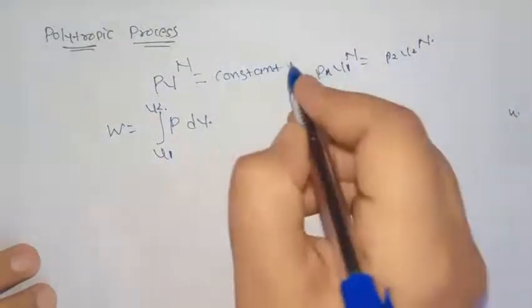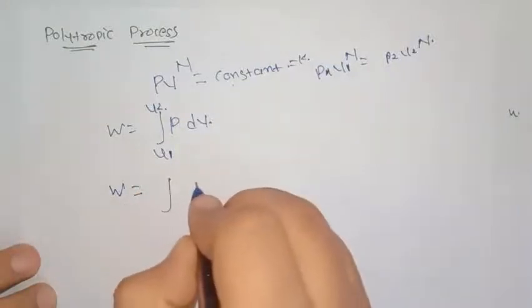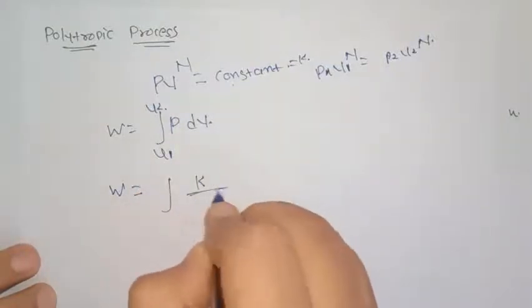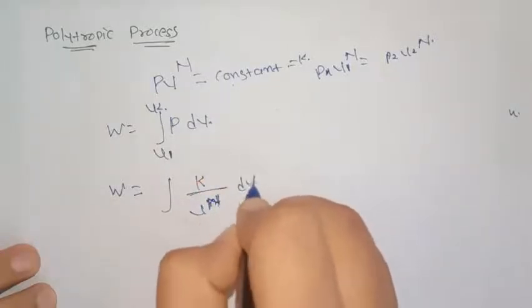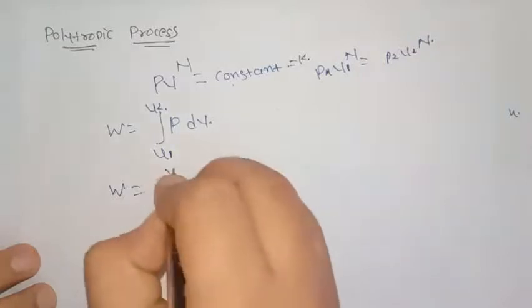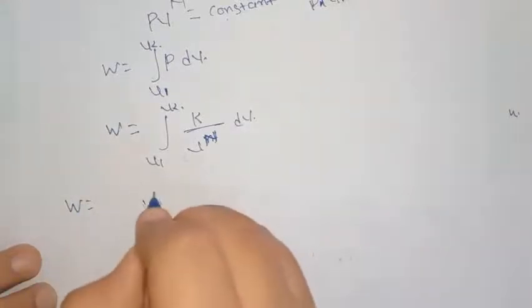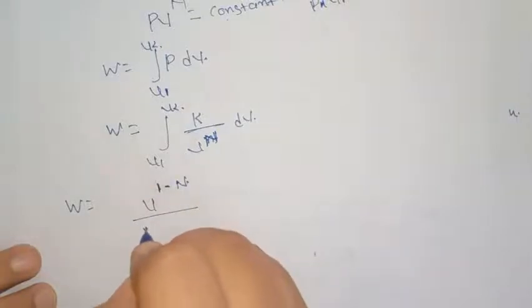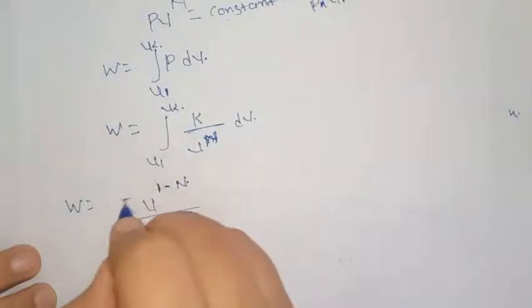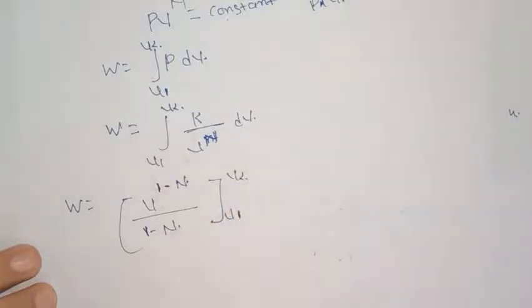Let's say this constant is K. So W can be written as K divided by V^n into dV, limits from V1 to V2. So work done will be equal to V^(1 minus n) upon 1 minus n, limits from V1 to V2,